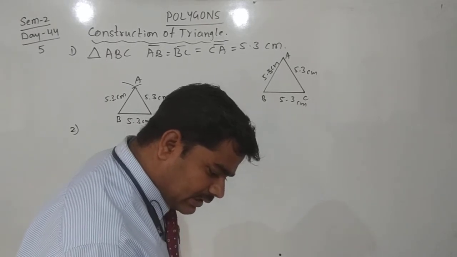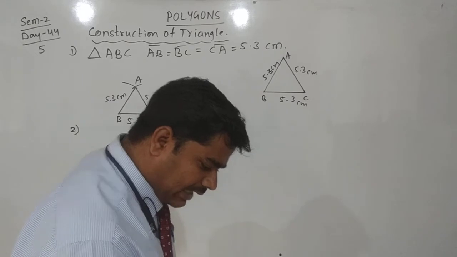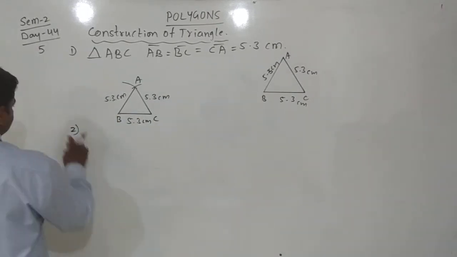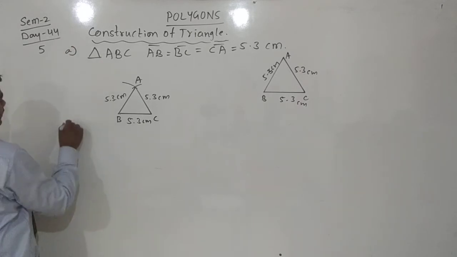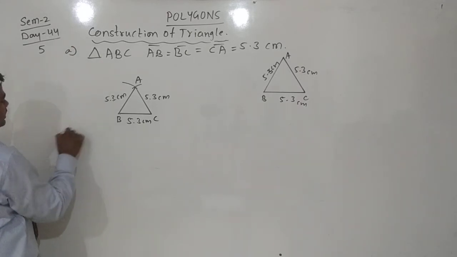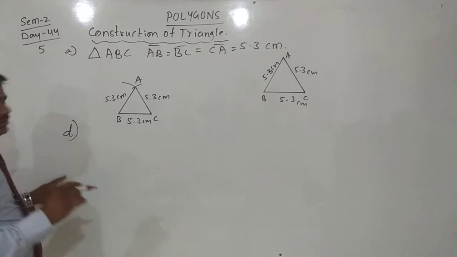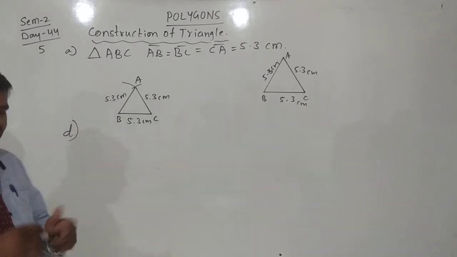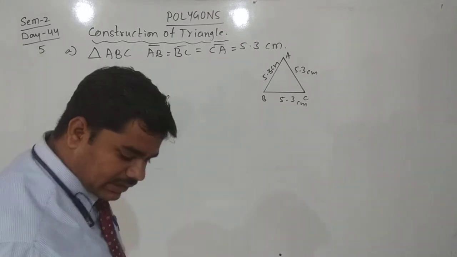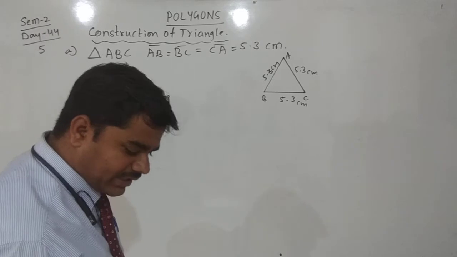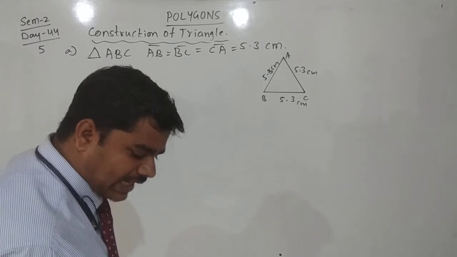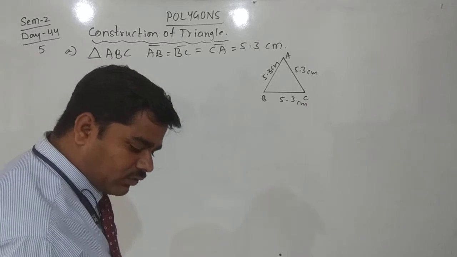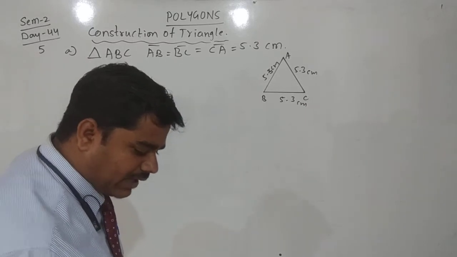MNT is here, two sides, one angle. Deep one. This is a question. Yes. D. These are from your exercise only. You can see now the steps and all. Yes, you can write here the page number 52 and 53 given. To construct a triangle with given two sides and included angle, one angle.